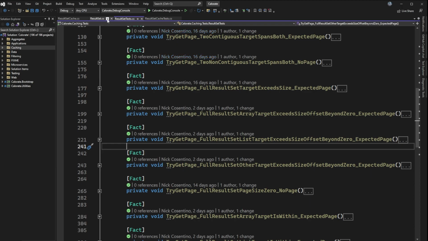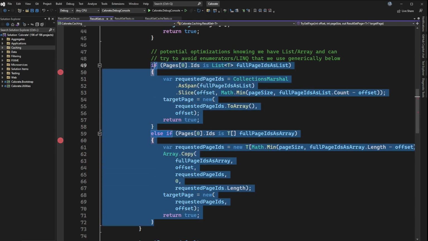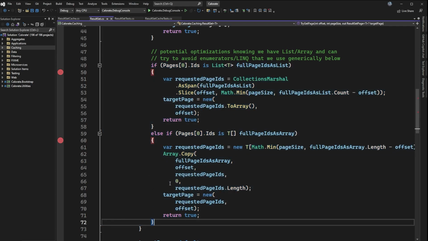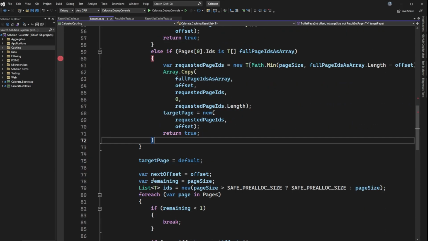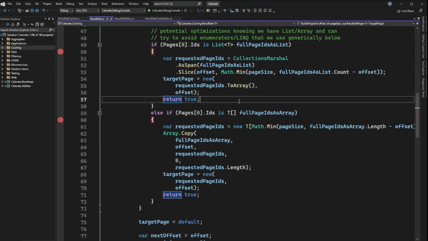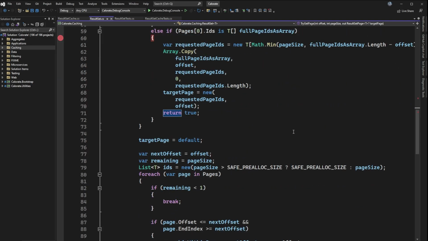So if I scroll back into this result set, if you recall what I just said, if I'm always using lists and arrays, we'll basically never fall after this else if we're going through here. And that's going to mean that there's all this code that could go run after, and it's going to take one day where I put in a different type behind this IDs property, and that's going to break everything. So I said, okay, let me go add a test and let me make sure it's not a list and